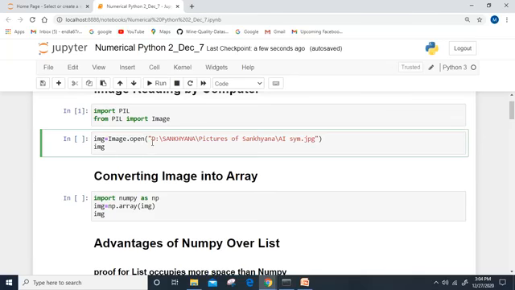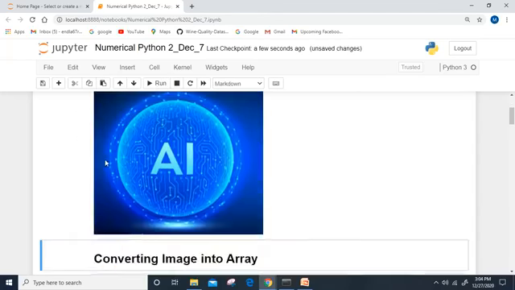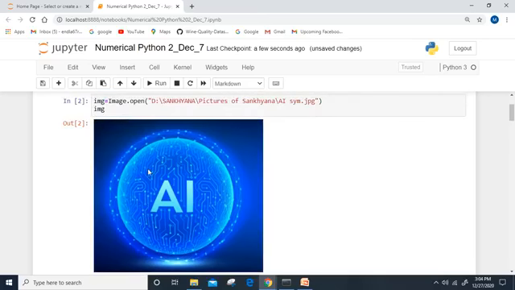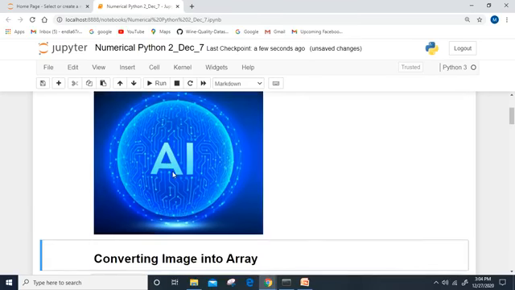Inside the open function, I'm passing the image path where that image is available in my directory. I'm storing the entire thing in the variable named image. And when I print the image, it will show you the image. See, this is the image in my directory. This image is read by the computer.